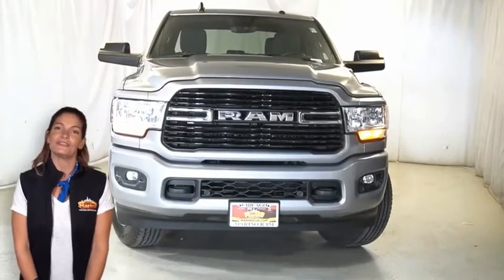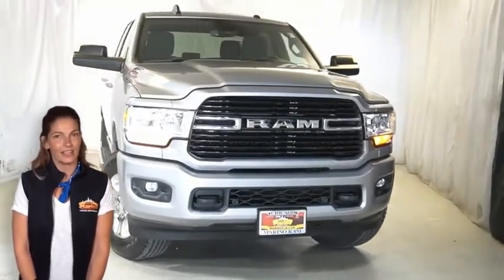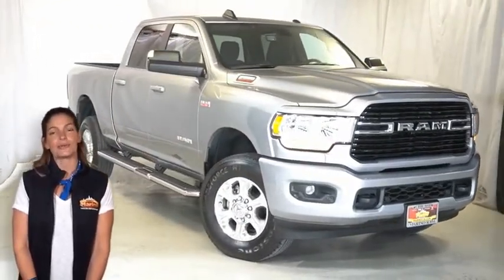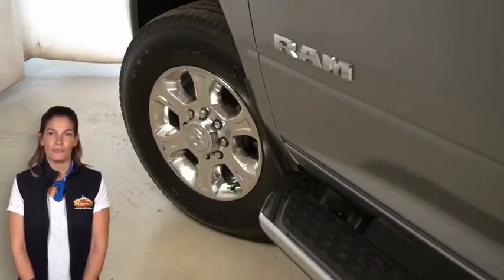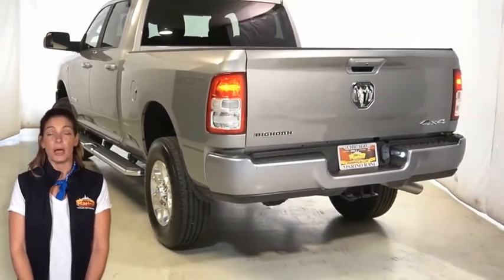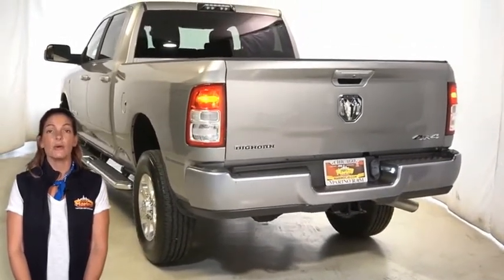Are you on the hunt for a truck that blends classic style and raw performance? Take a look at this 2019 Ram 2500 Bighorn Crew Cab 4x4 in Billet Silver. With painted front and rear bumpers, front fog lamps, body color grille surround, 18-inch polished aluminum wheels, power black trailer